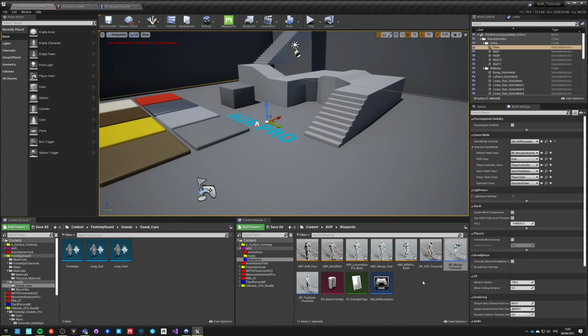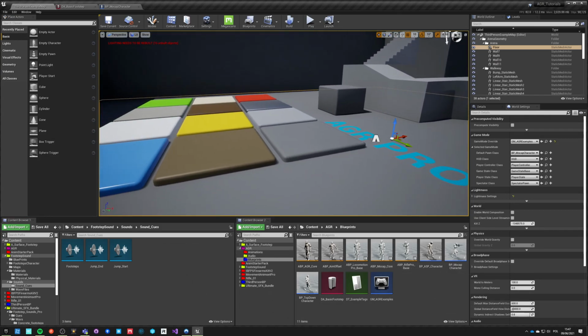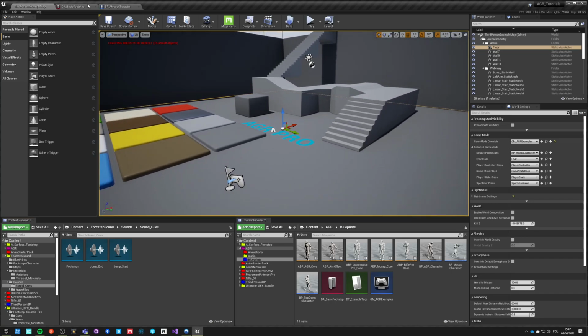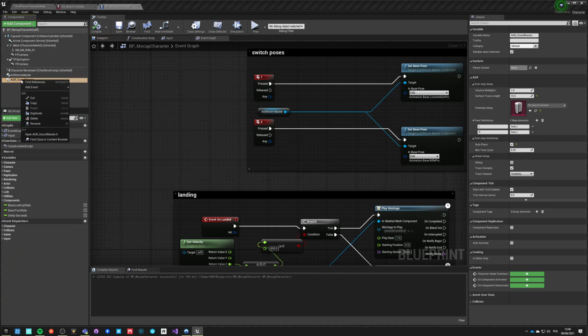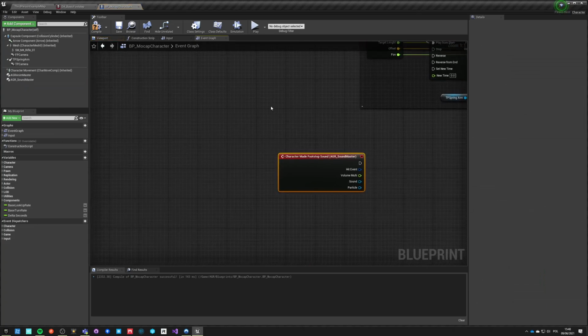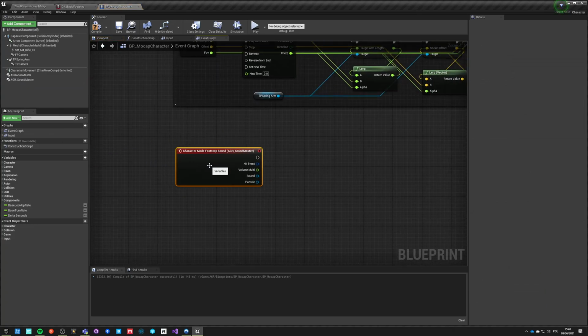Let me show you what else this component can do and how you can use it in your projects, besides just appearance reasons. So we can go into AGR Sound Master. We already went through some of the setup. If I right click on this component, I can add an event. I have an event, add character made footstep sound. This is a bit confusing because it's not just sound, it should actually be character made footstep. Because if I add it to my character, now I have an event which triggers every time that actual footstep